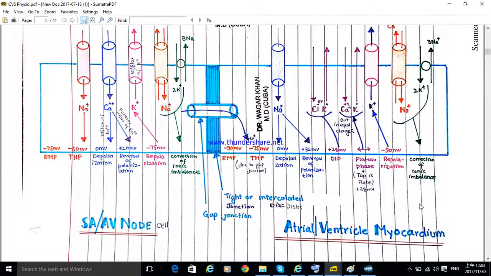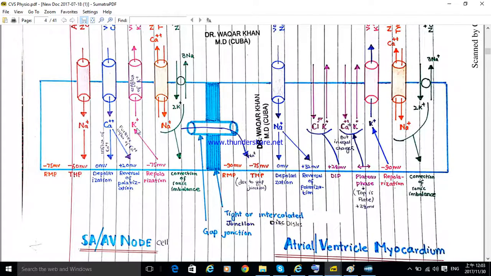So these are the stages of the action membrane potential in the SA and AV node cells and the atrioventricular myocardium. The process and stages are the same, just the resting membrane potential and threshold potential differ, because every cell has its own nature. So the SA node has this voltage and the atrioventricular myocardium